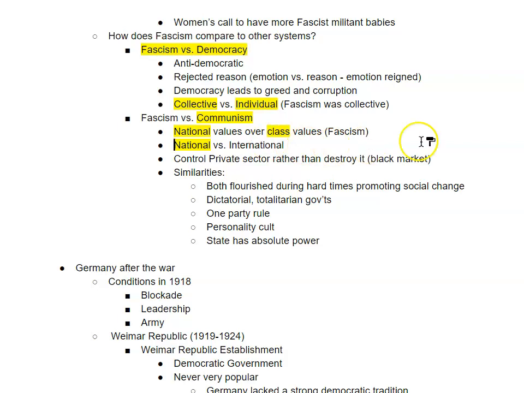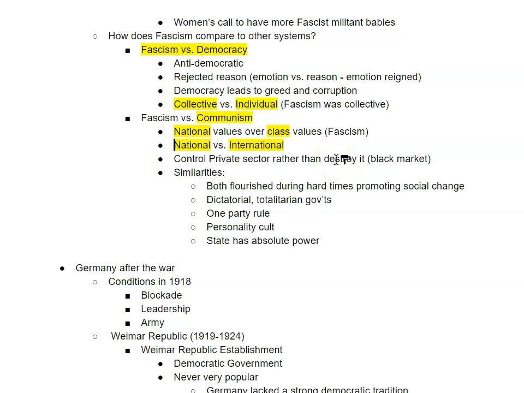In theory, communism wants to spread across the world. Remember Marx's famous slogan, "Workers of the world unite." Remember that Lenin and especially Leon Trotsky were big international communists. Now, Stalin himself was having communism focus on only Russia. But in theory, communism is always more of an international system versus fascism is more national, all about your country,